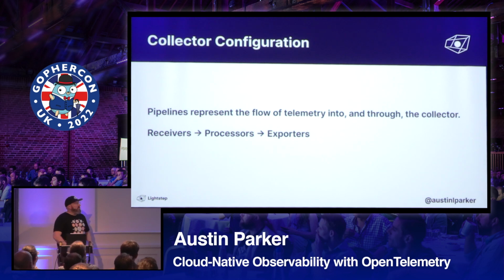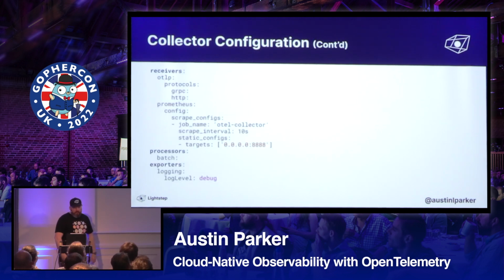Configuring the collector is based around this idea of pipelines. So you have receivers that flow to processors that flow to exporters. It's like all good cloud native projects, completely configured in YAML. But you can see a sample of the configuration here, right? You define your receivers,